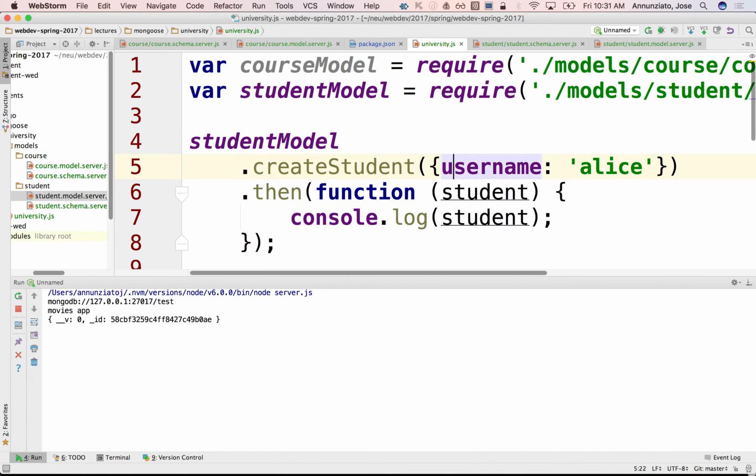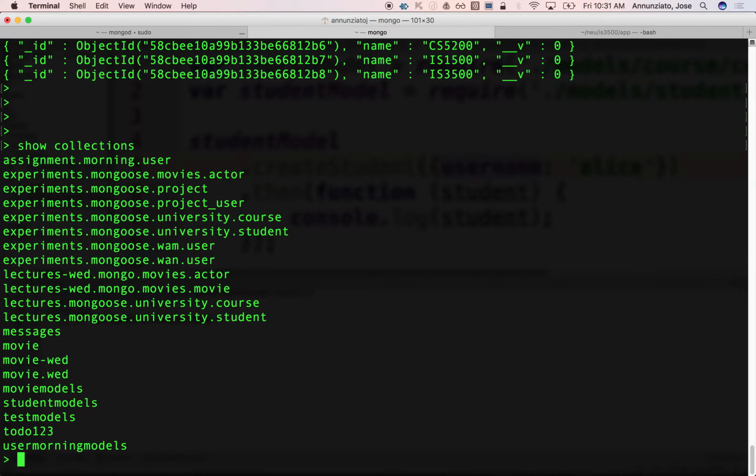So username. Sorry about that. Okay, so let's see what was inserted. If we show the collections, notice that we have this new collection that was added, and this will be